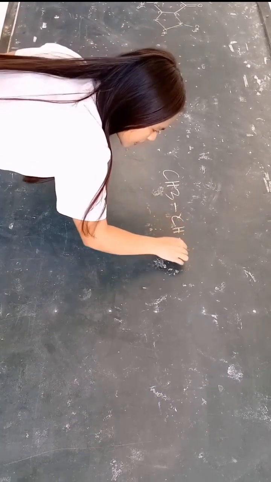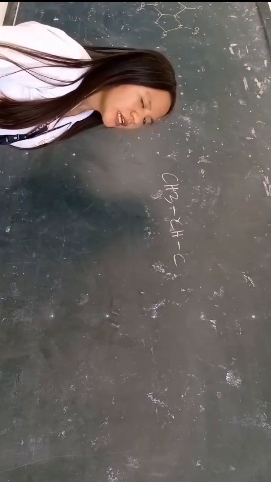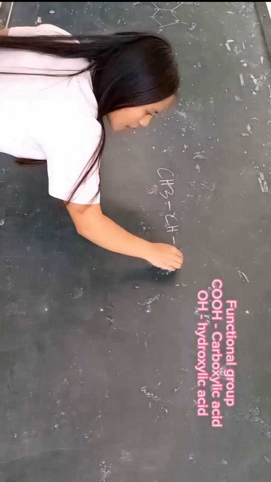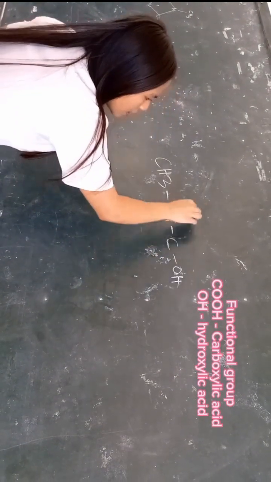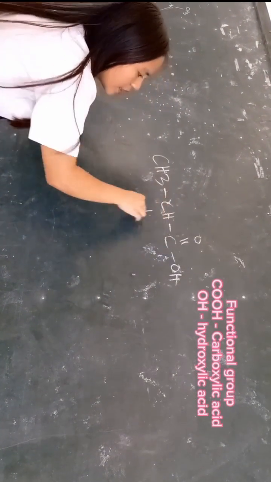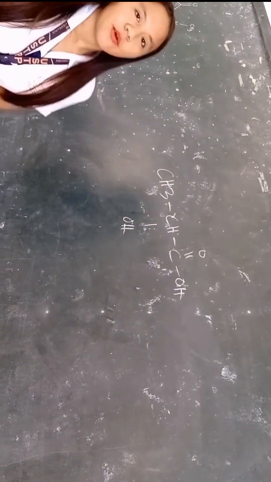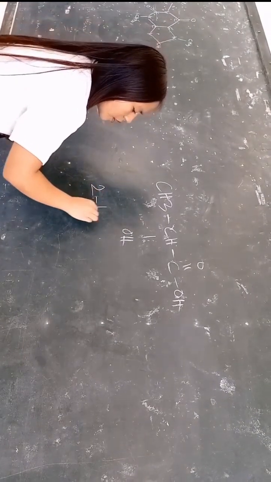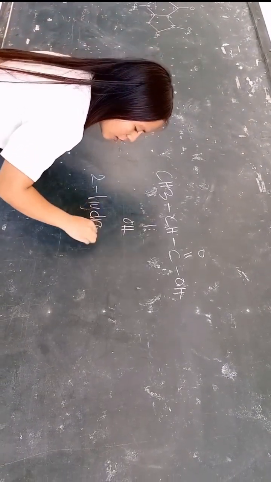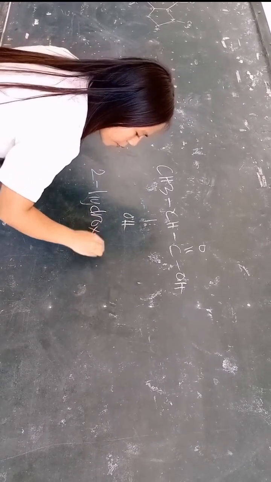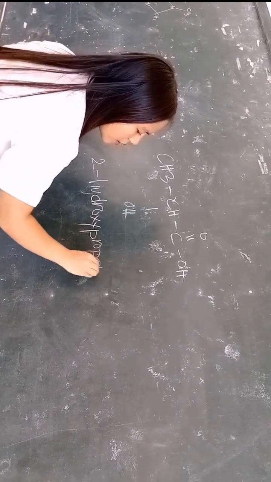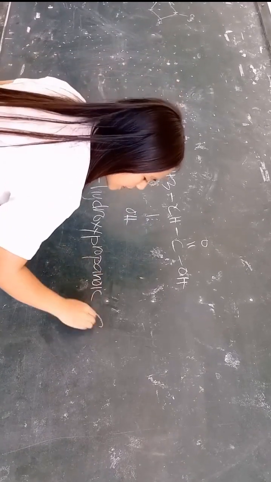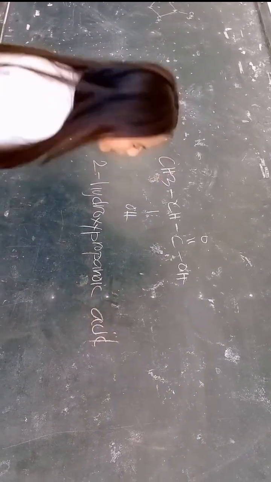CH3, CH, C. We have actually 2 functional groups here. One here, and here also. So, the IUPAC name of this substance is read as 2-hydroxypropanoic acid. Why? Is it because